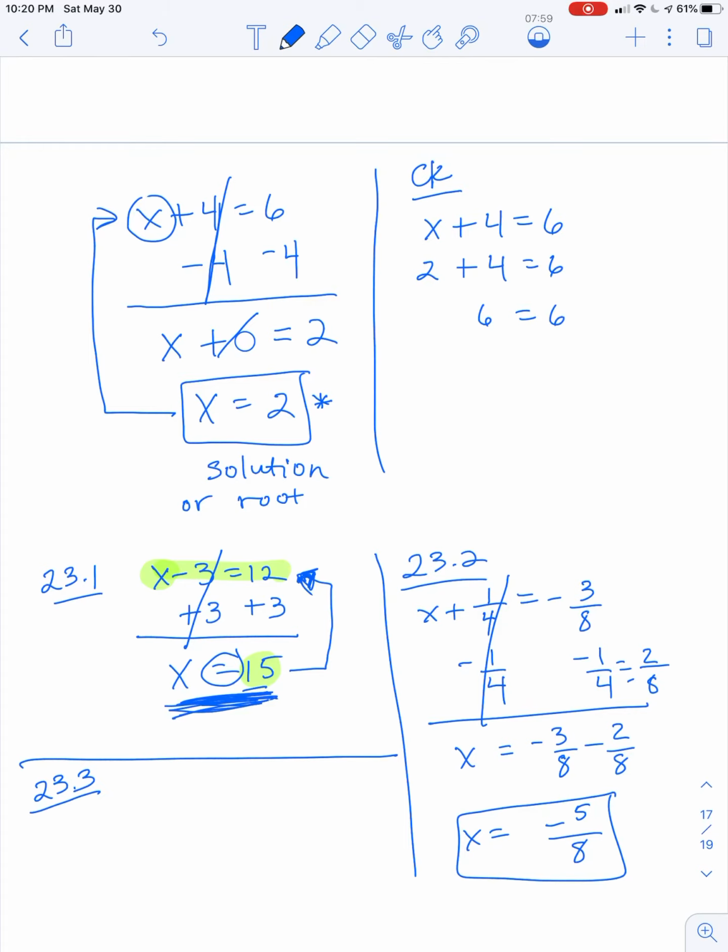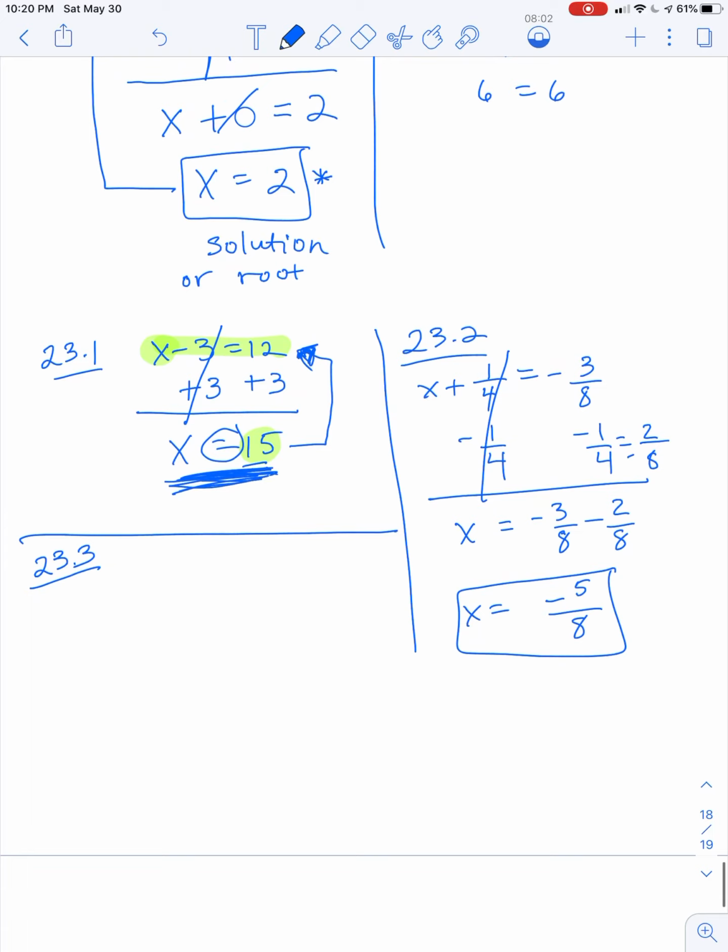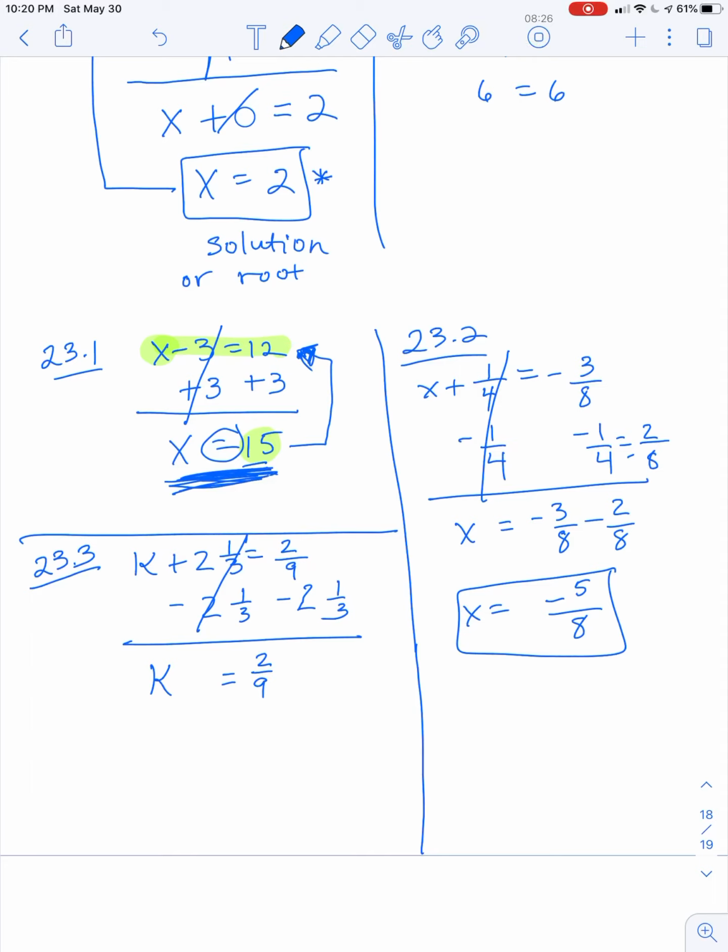23.3, maybe I can include that right here. Oh, this is a little bit longer one, but here we go. Okay, so we have k plus 2 1/3 equals 2/9. And I'm going to subtract 2 1/3 from both sides, because that will isolate the variable. And I have 2/9 minus, and I'm going to change this to,